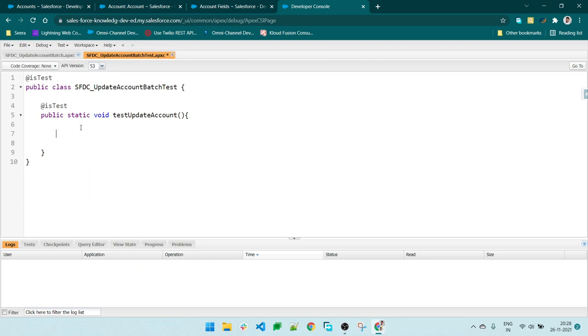We will try to create account records in bulk. Let's say I'm getting 10 records, so let us create the records, creating the instance of the account record.